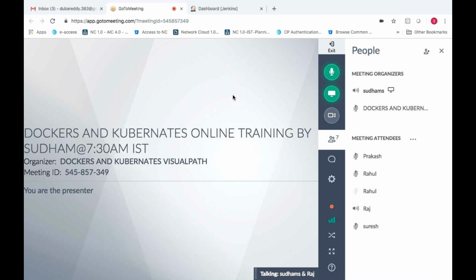Apart from that, we are trying to cover all the resources we have in Kubernetes, like pod, services, config map, secrets, deployment, replication controller, replication set, and then service account, RBAC rules. There are so many other things in Kubernetes. That's the reason we are taking a long period of 45 days to complete the syllabus.